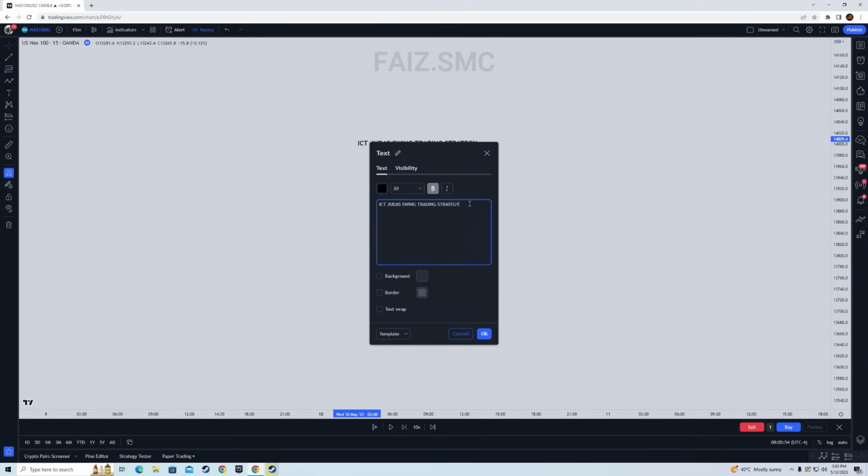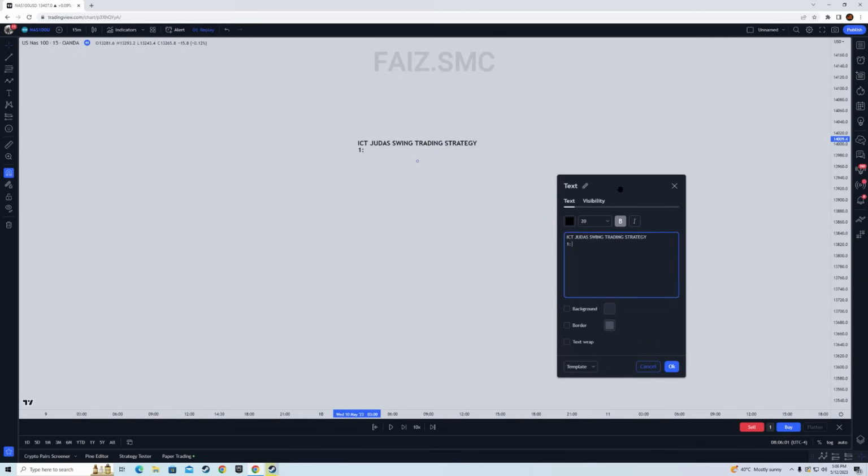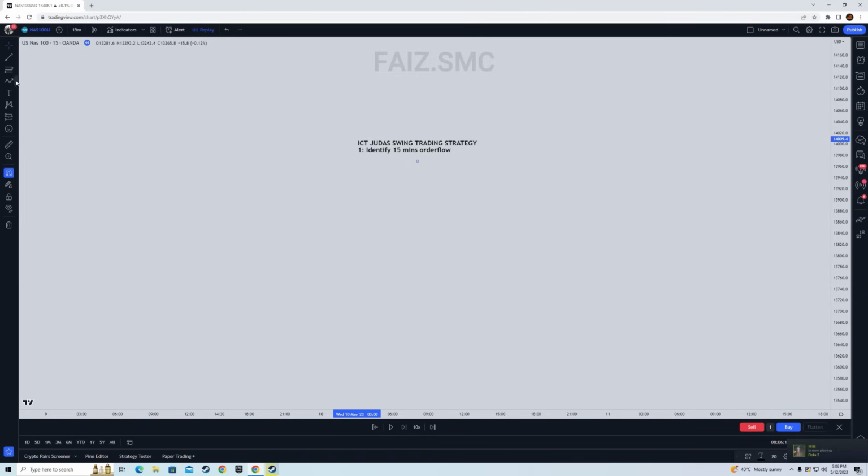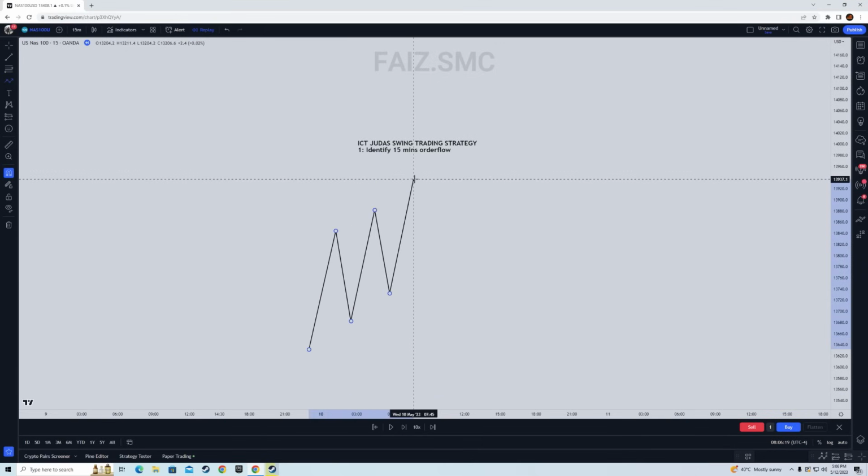Okay, so here are the rules that you can use. I'm going to give you the exact rules and exact timings. Number one is identify the 15-minute order flow. What is order flow? It's basically a trend. Are we in a bullish trend or a bearish trend? How do we identify order flow? If the price is continuously respecting bullish order blocks and bullish fair value gaps, which are called PD areas, premium discount areas,